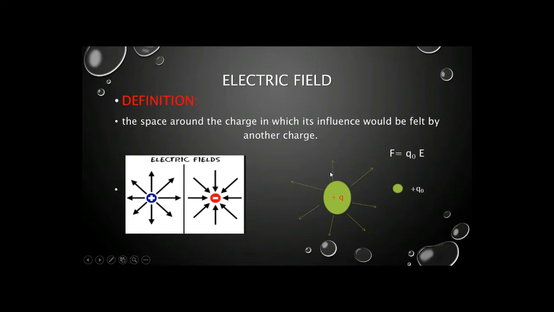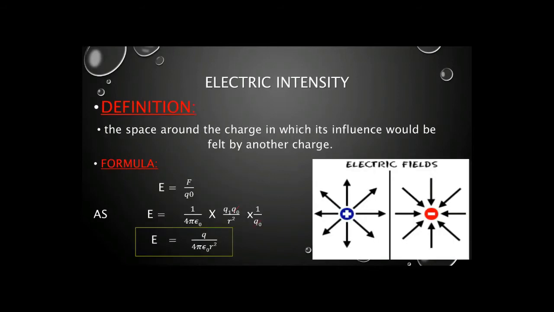So that is known as electric field. Okay, and if we want to know the strength of the electric field, there is another term which is considered as the electric intensity. And what is that electric intensity? The strength of the electric field depends upon the amount of charge that creates the field and the distance from the charge. To understand that electric intensity or electric strength, that is the measure of electric field.